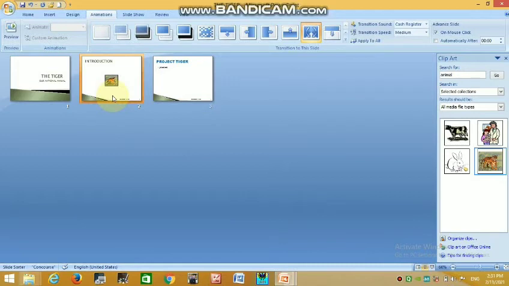For example, if you want to copy, click here and paste. If you want to delete, then you can delete from here. This way you can modify the slide in slide sorter view. Next is notes page view. Notes page view: add or edit notes in a notepad. Slideshow view.